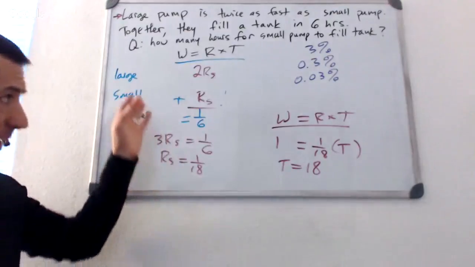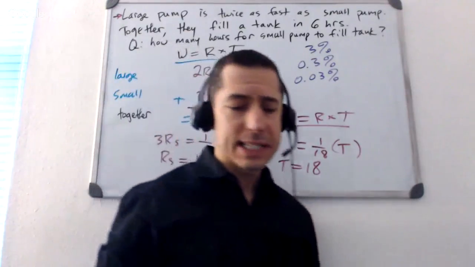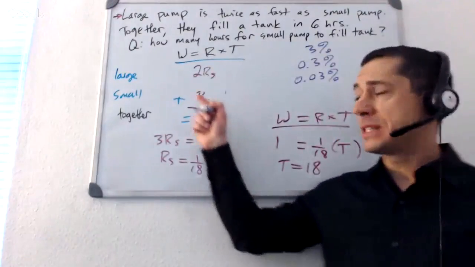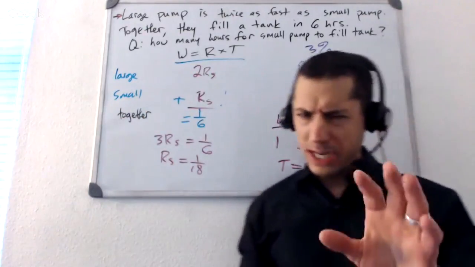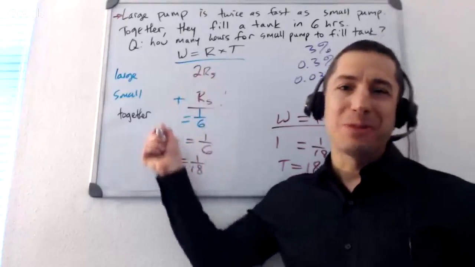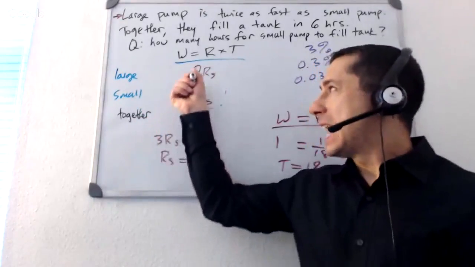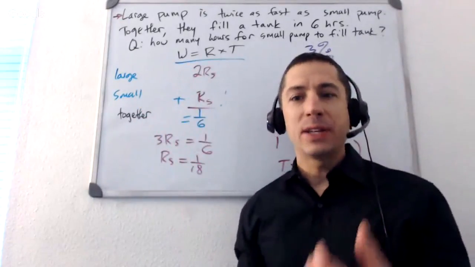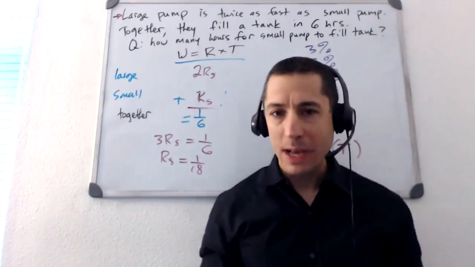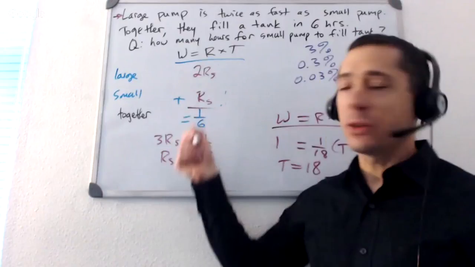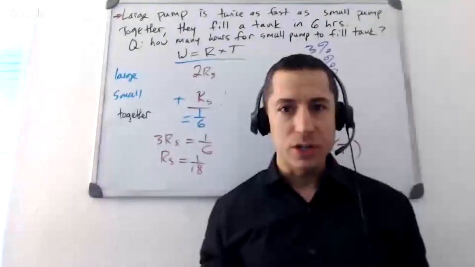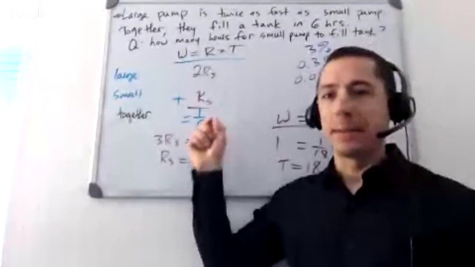Third thing, the most important thing by far in word translations, by far, if you 100% master this, I promise everything else is going to be pretty easy. Define your variables really, really carefully. Every question is going to be different. How you define those variables is going to be different for every question. If you can get really thoughtful, really engaged in how do you make those variables easier on yourself, that's going to make a huge, huge difference. And that is the biggest key to word translations.